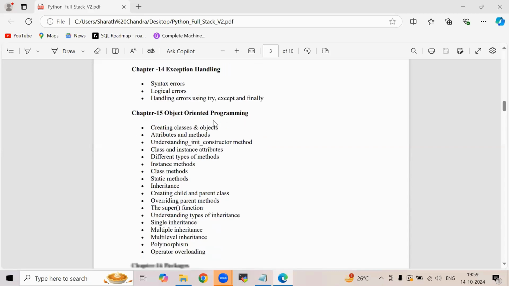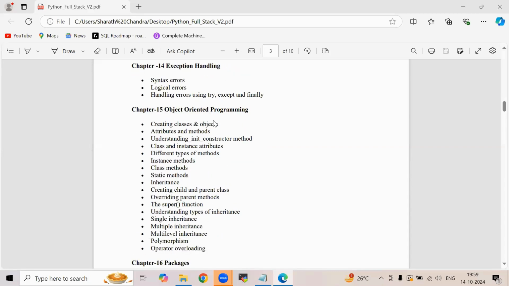All these things will be discussed in exception handling. Then the most important part, object-oriented programming. In object-oriented programming, we have so many OOPS concepts like inheritance, polymorphism, encapsulation, all such things will be discussed over here.